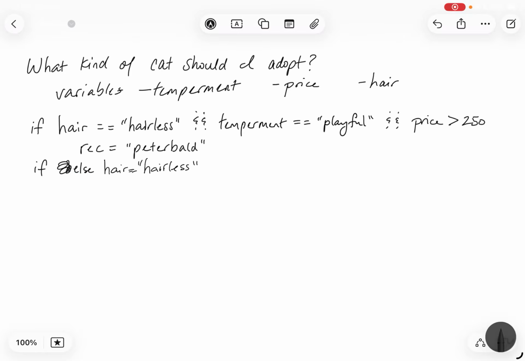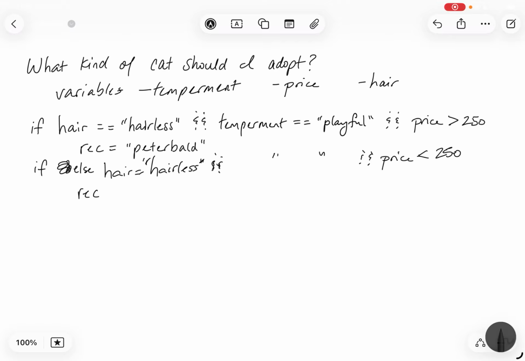Okay, you might try a statement that has a different kind of temperament. But for this particular example, I'm not going to obviously show you all of the options that I would program into this app, just for the sake of time. But if we did another line of hairless with, let's say, the same temperament, I'm just going to put quotation marks to say we're doing the same thing, but this time with our price being less than $250,